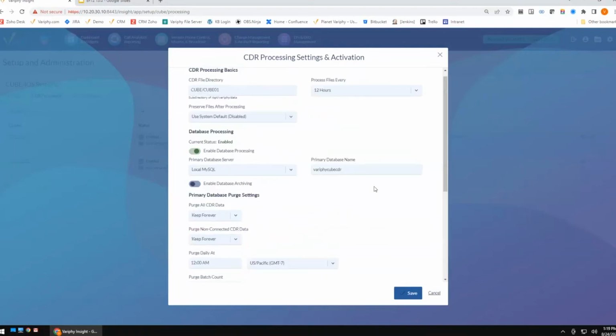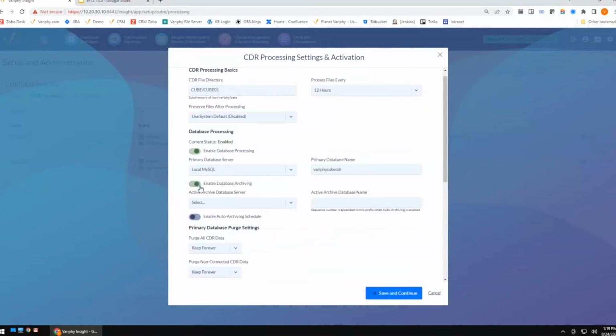Next thing I'm going to talk a little bit about is the ability to enable database archiving. If you're not familiar with database archiving, the high level is it's going to allow us to archive databases off for you, keeping a primary database to what I like to refer to as your common data, things that people are generally running reports with regularity on: your daily reports, your weekly reports, your monthly or bi-monthly reports.